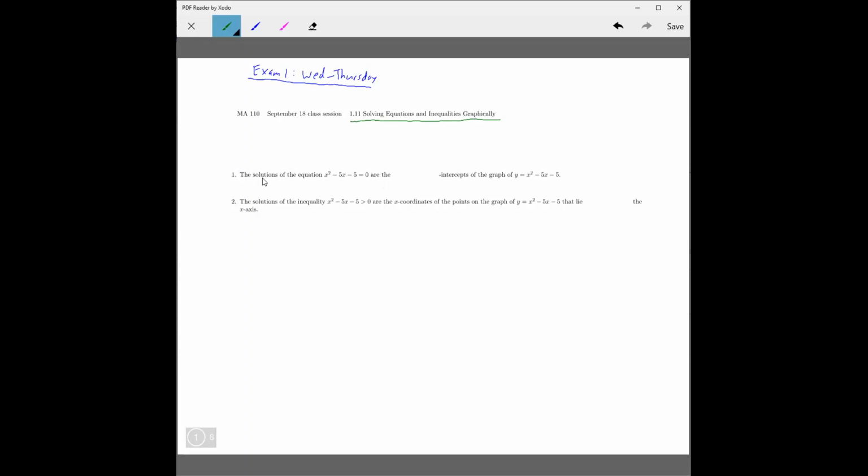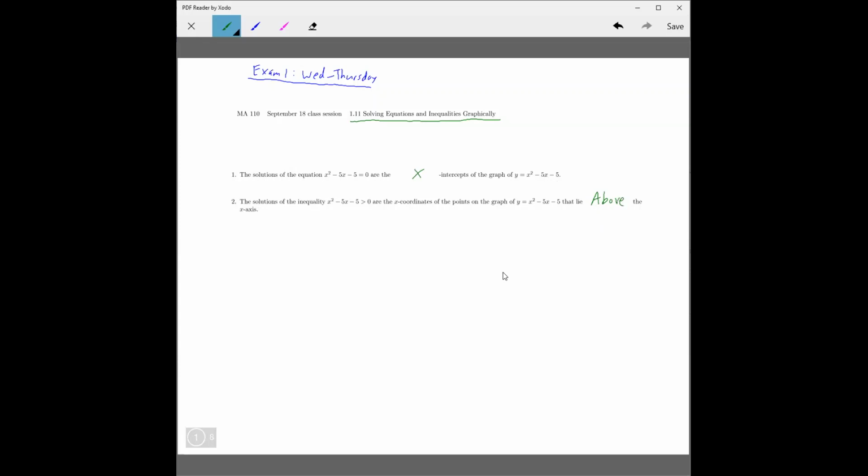Okay, so the idea here is pretty much found in the first two exercises. The first one is the solutions of this equation. So if you have some function equal to 0, they're going to be the x-intercepts of the graph of y equals x squared minus 5x minus 5. And then the second one is the solutions of inequality. So if you have some function greater than 0, then they're the x coordinates of the points that are going to lie above